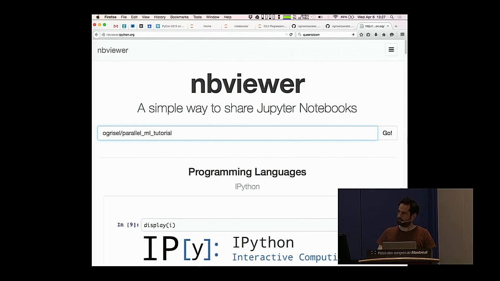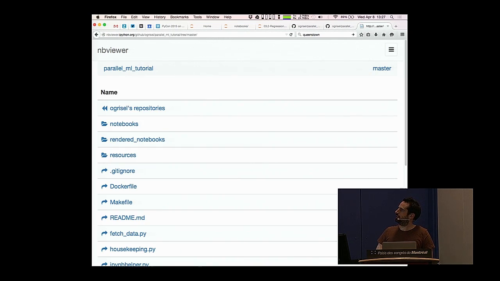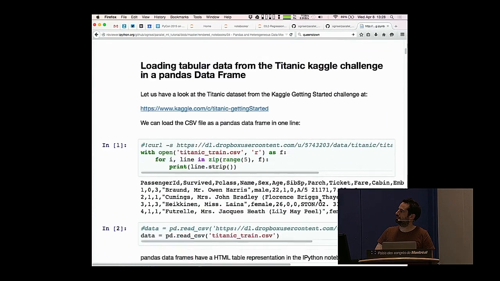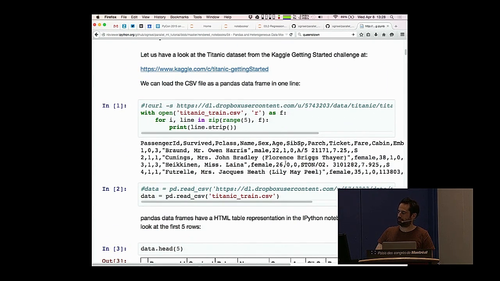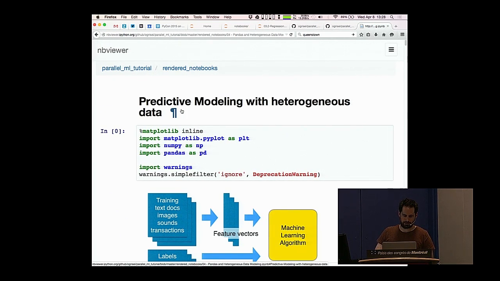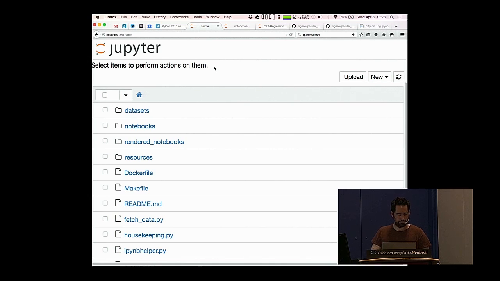let me make it a bit bigger. You can see from the nbviewer website the same kind of listing, and this time you can go to rendered notebooks and you have access to the tutorial material in a static manner. So it's good, you can see the output of the execution already computed here. So it's just a static website generated from the notebook. But today we are gonna execute stuff, especially if you want to do the exercises. So in your localhost